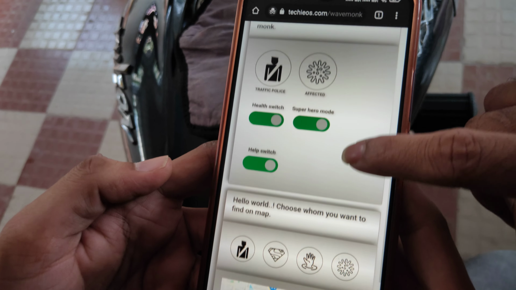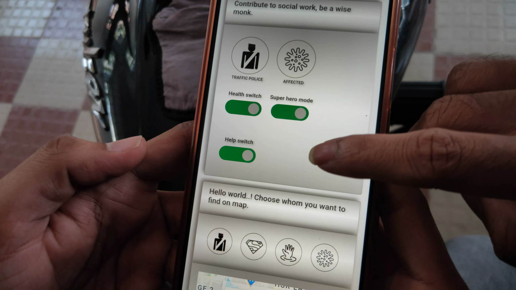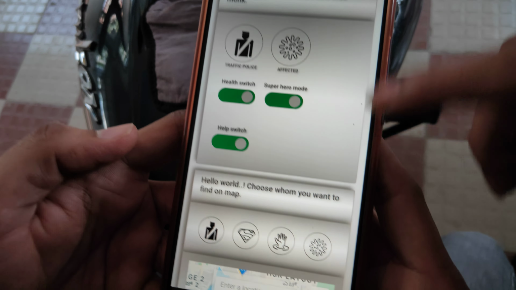There are so many other options as well. We have already told about them many times, and we will demonstrate them in the future, some other day. You can visit our old videos to see what these options are. There are so many useful options. As of now we are just demonstrating the weather status before starting a trip.